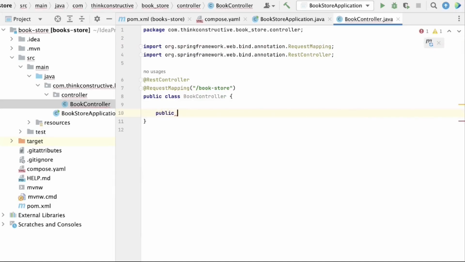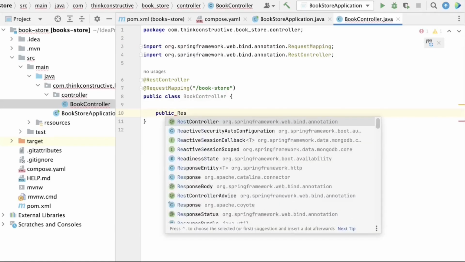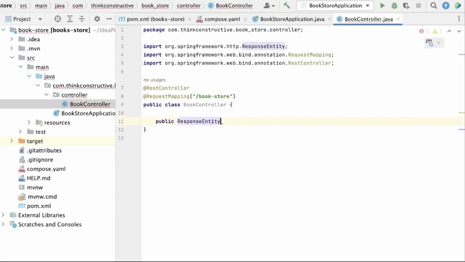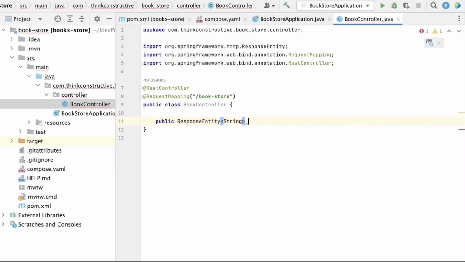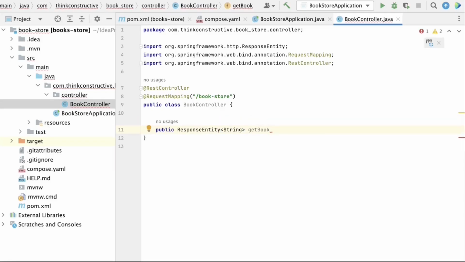I will just say public. Let me for now just return ResponseEntity with String data type. All right, and I will then say getBook. Okay, and for now I will just get the book by book ID. So for book ID I will just say String bookId. All right, and then what will I do? I will just say